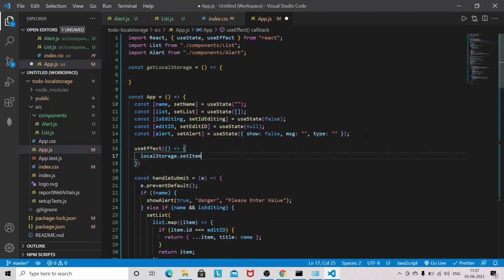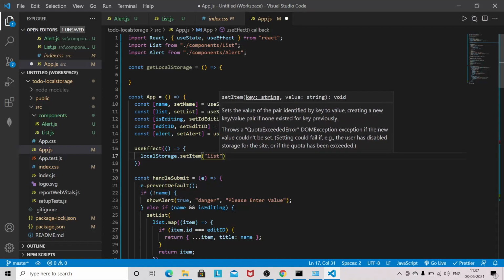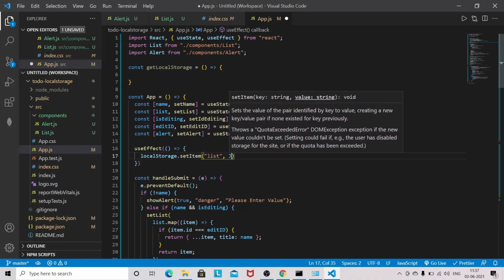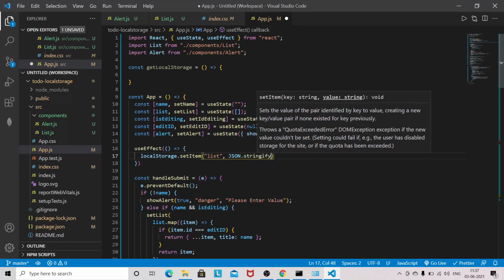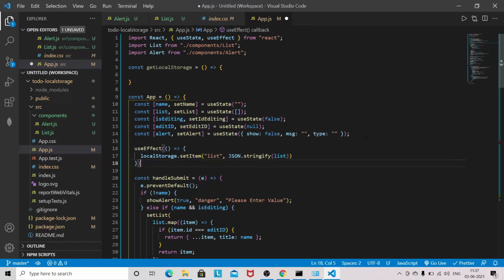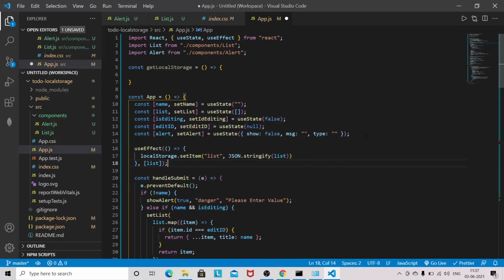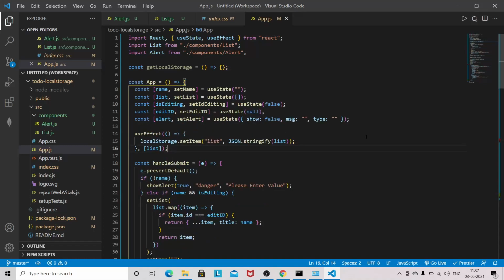You can use set item and give whatever name you want, list. We need to do a JSON stringify of list, and this effect will run whenever the user is adding to the list, so it will update the local storage as well.